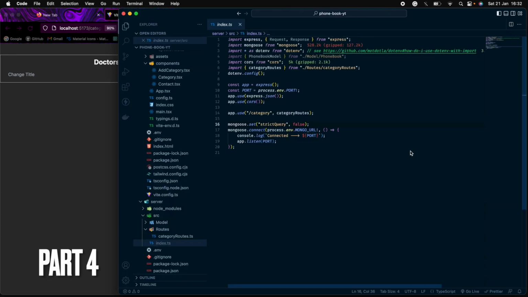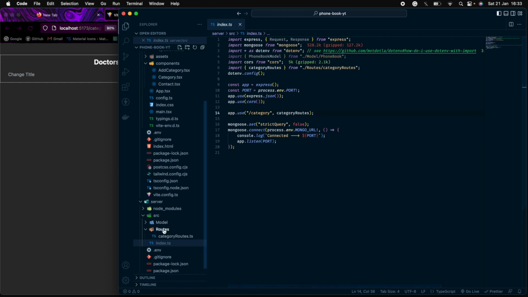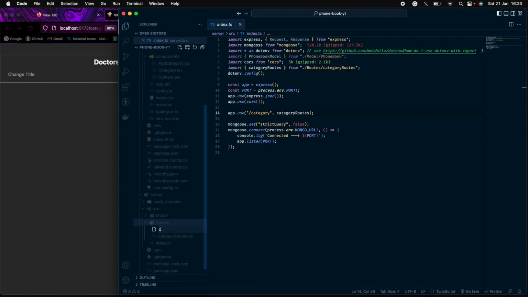Hey guys, so today let's start with the last part of our build. So let's start off with making the endpoints for the contacts. So let us make another route just for the contacts. So let's create a new file called contact routes.ts,